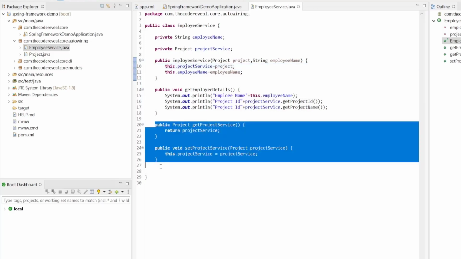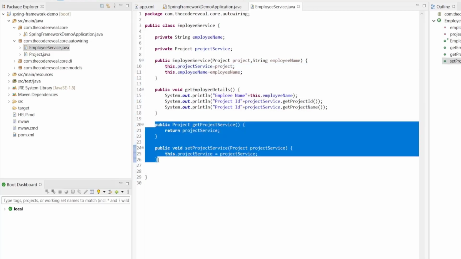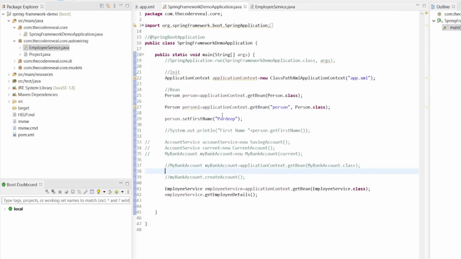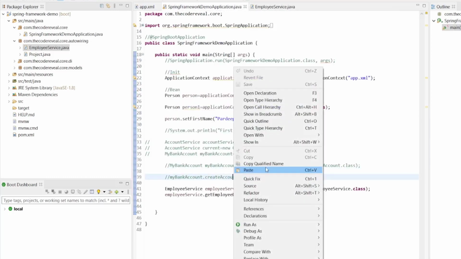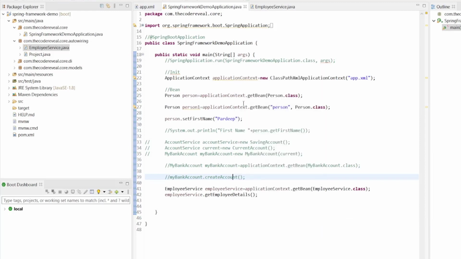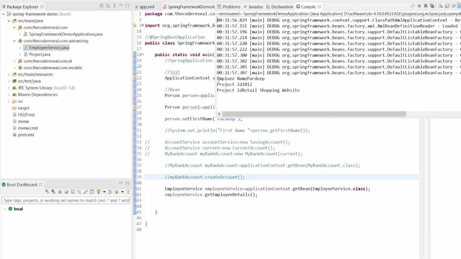Now we don't need this method, and now let's rerun this as a Java application. So it's working fine. It's printing the project ID and the project name.